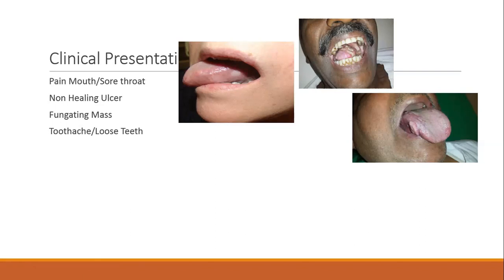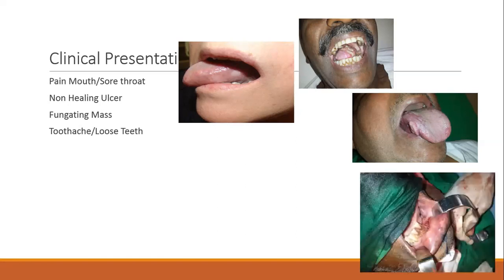These investigations only supplement your diagnosis. In all cases they will not give you the diagnosis. In some cases, yes, the tumor is not visible and maybe it is deep, lying submucosally in the back of the tongue, and you are not able to palpate it, and it is not visible with endoscopy, so investigations will help. But in most of the cases, history and clinical examination will be very helpful. Okay, coming back to the topic.